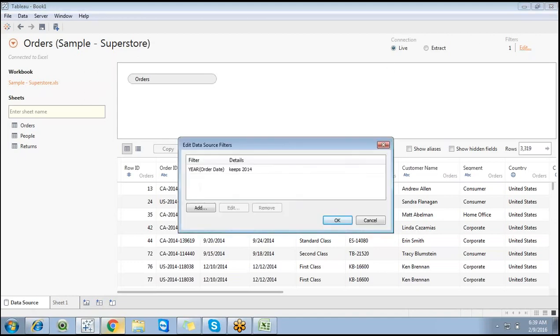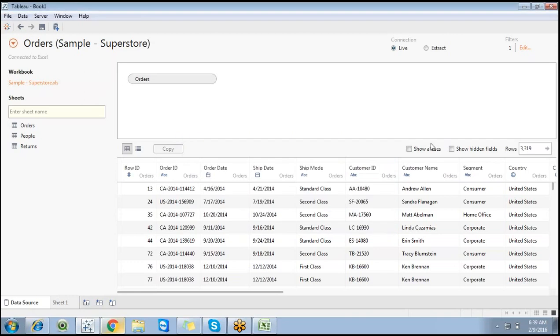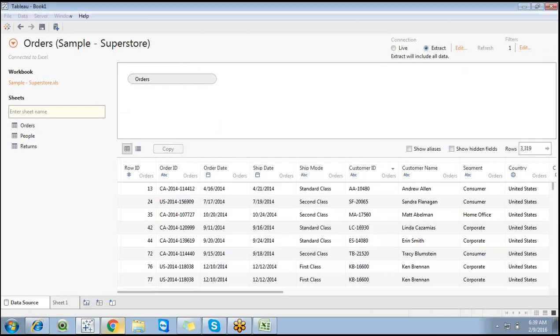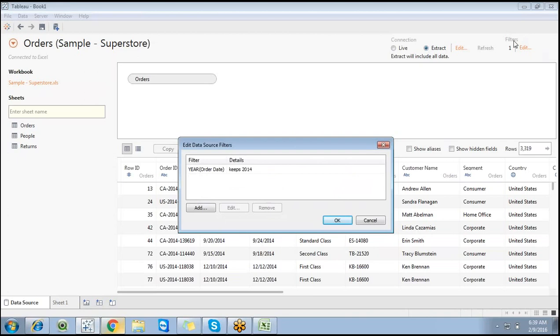This is a simple data source filter. We already discussed extract, and we do have a filter option there, but that is not a data source filter. This particular editor is at the data source level, but the extract filter is not a data source filter. This is the data source filters editor.